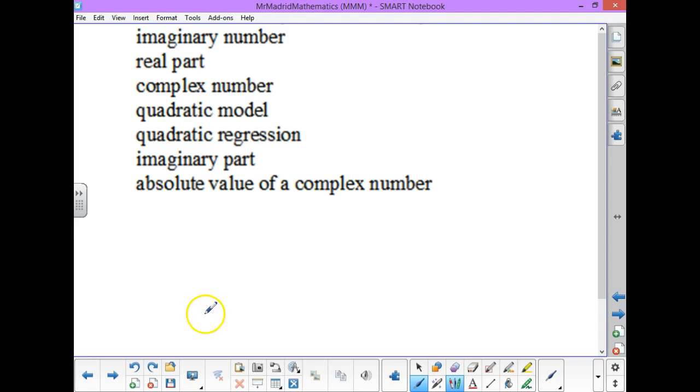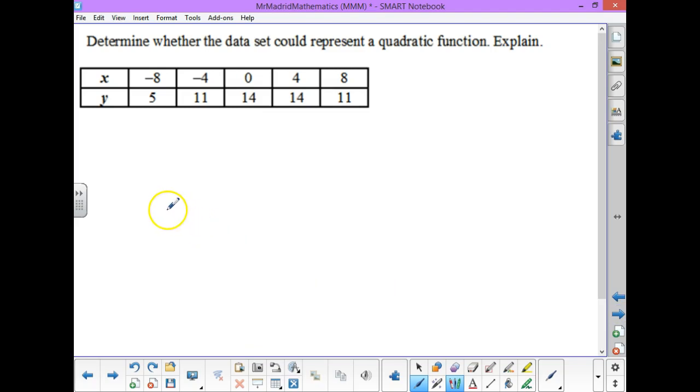We're looking at 5.8 curve fitting with quadratic models. Here is some vocabulary you want to pay attention to facilitate your learning. Quadratic regression is one in particular that I encourage you guys to look up, the definition and an example. Alright, we'll be looking at two